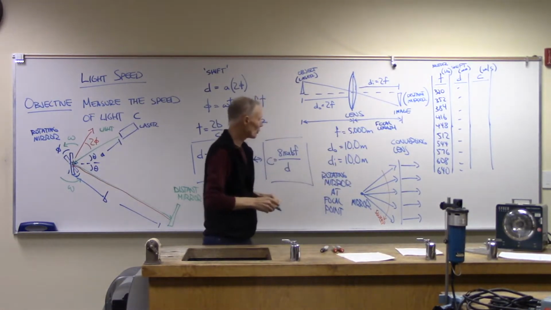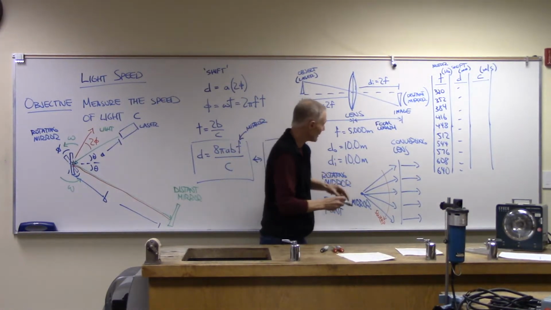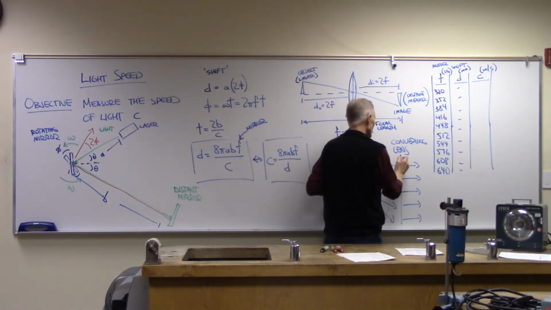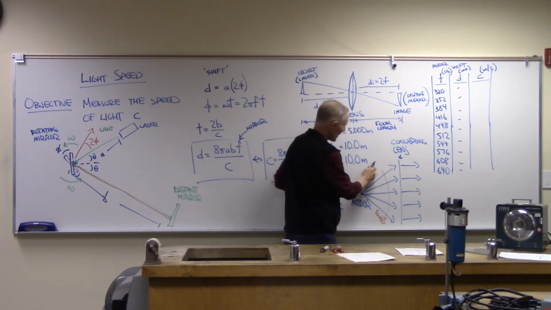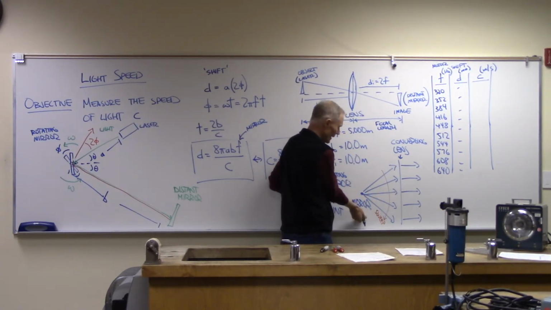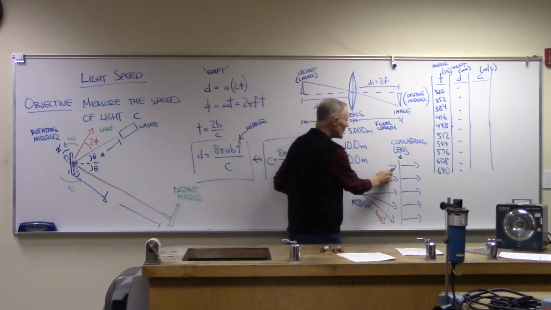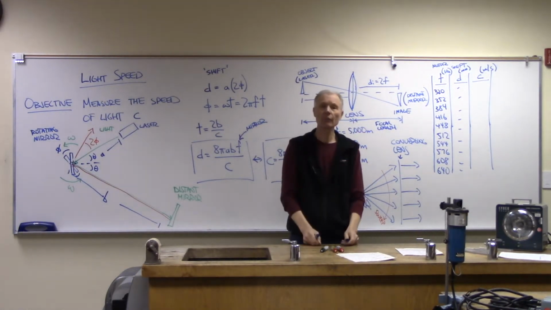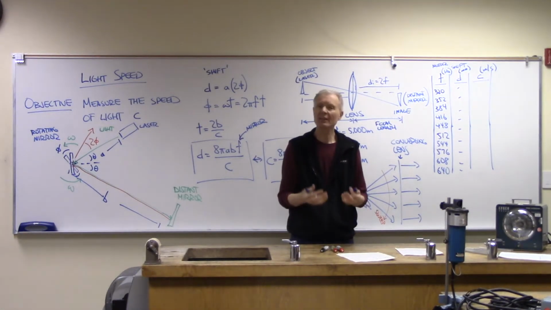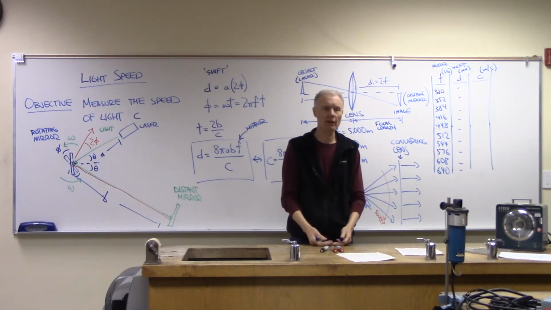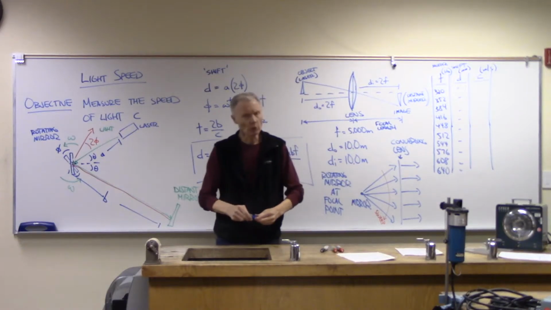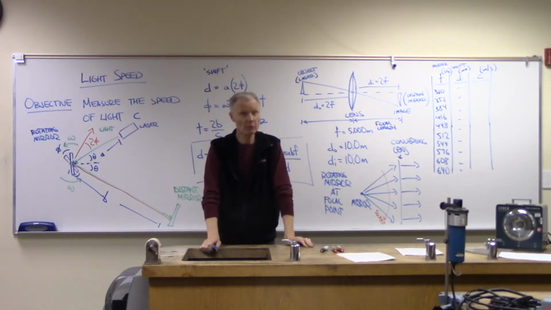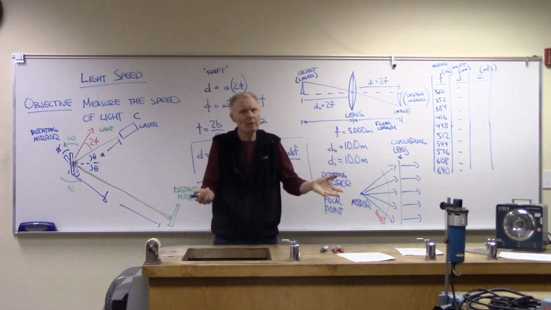So I've got this converging lens here. I've got a picture of it down here too. So here is the converging lens. As this light sweeps across the lens, only that small portion, it's going to be less than 1% of the light actually returns. It's a very dim signal that comes back. And so only those students with exceptional eyesight are able to, well, actually most everybody's able to see it, but